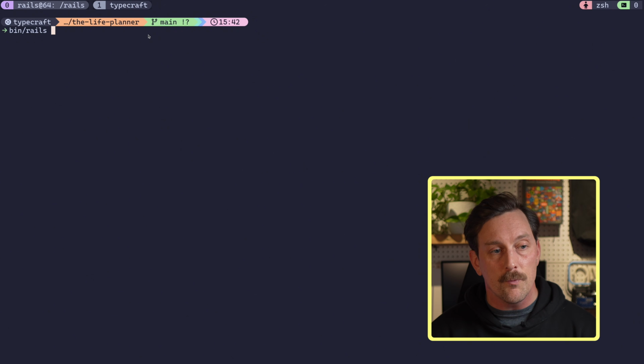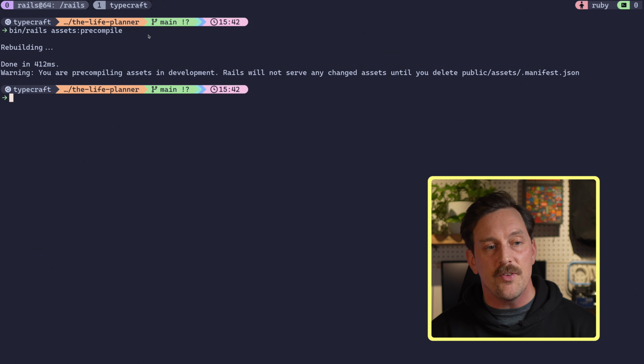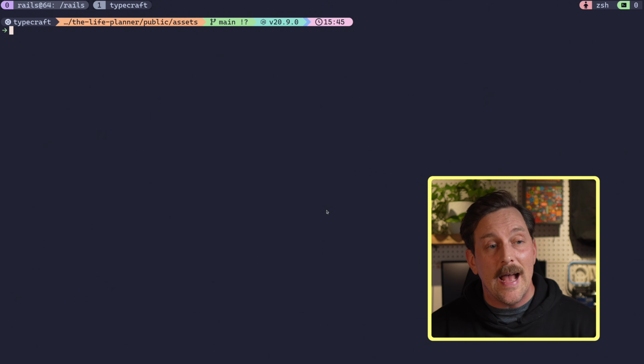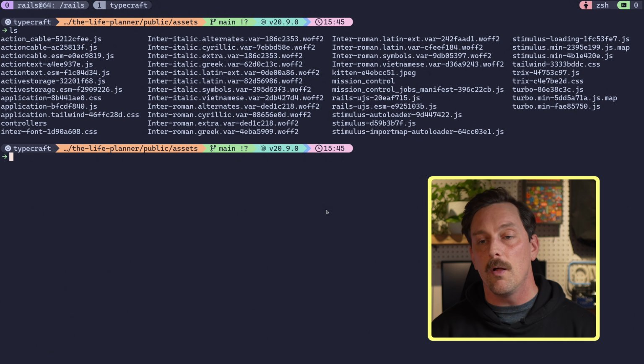So now let's run bin rails assets precompile. Now this uses PropShaft to precompile all of our assets, but what did it just do? This stamps all of our files that are considered static assets with hashes based on the contents of those files in their names, and it puts all these files into the public folder so that browsers can access them through public. And we can even CD into this assets controller, and if we check out all of our assets here,